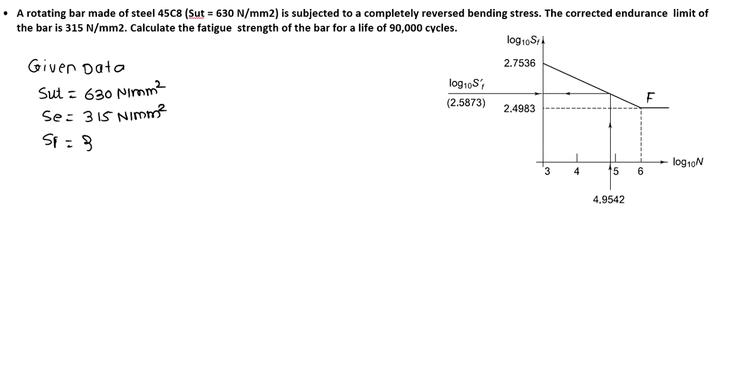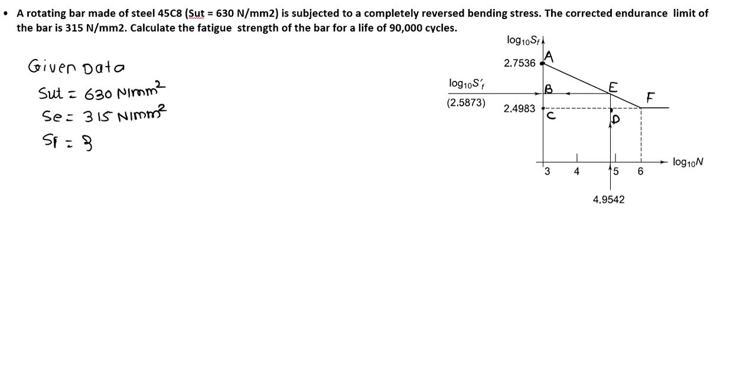If we look at the SN curve, it is stress versus number of cycles. On the x-axis there will be the number of cycles, on the y-axis there will be the stress. The curve starts from here, and I will name the points. At this point is the ultimate tensile strength, that is point A. At the next point we have to calculate the fatigue limit or fatigue strength of the bar. This will be point C. Next this will be D, this will be E, and the last point is F.